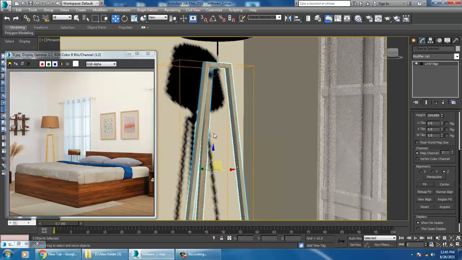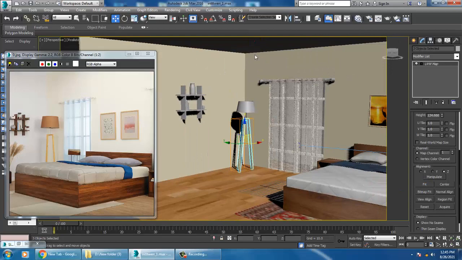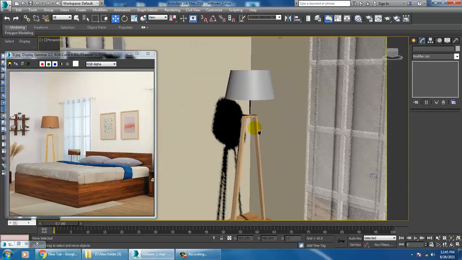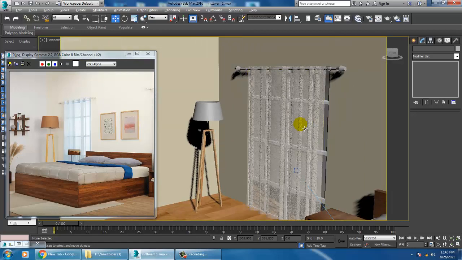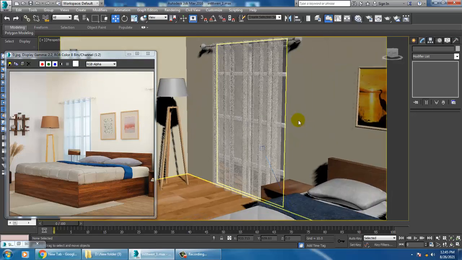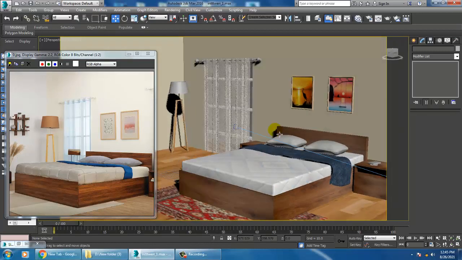And if you want, you can just fit the texture. You have an option over here for fitting. You can easily fit that particular texture if you want. I'll just save the file once over here in this way.